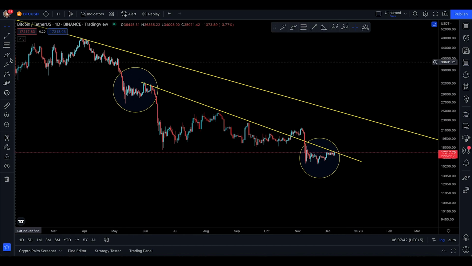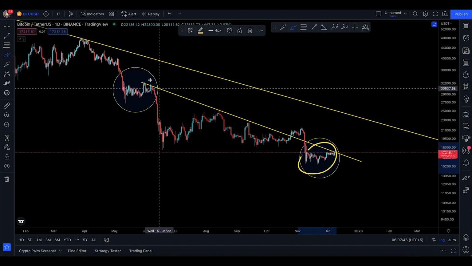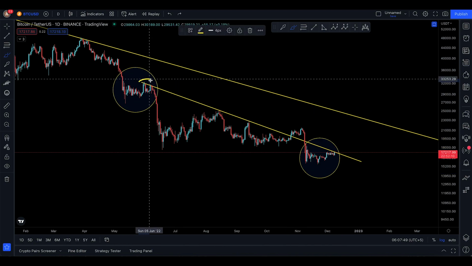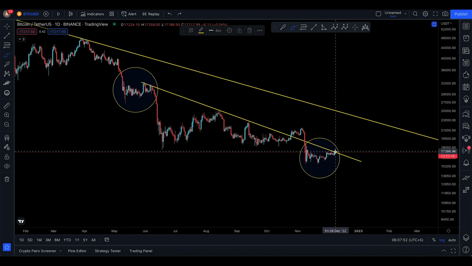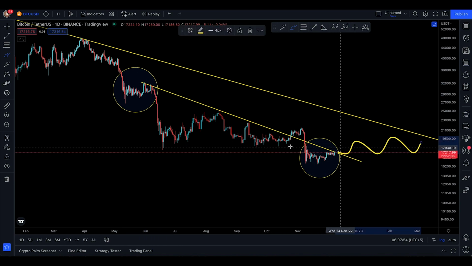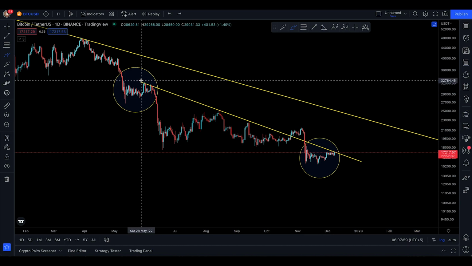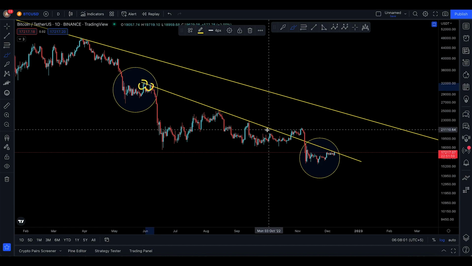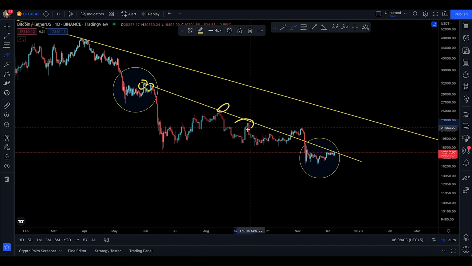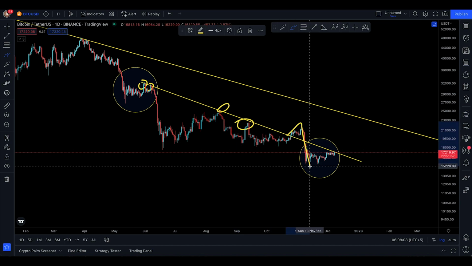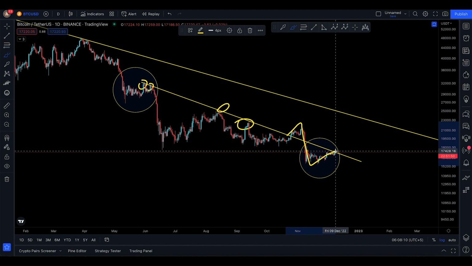And that's why I think that this fractal right over here is almost like this one, because you are reaching that particular resistance right there. It doesn't look like you're interested to form something like this, which is going to be similar to this, okay? Because you have this resistance right there, this resistance right here, one resistance right there, another heavy resistance here, a fake out and a drop down of a fake out, and then you try to move back up like this, and then you're about to get rejected right there.